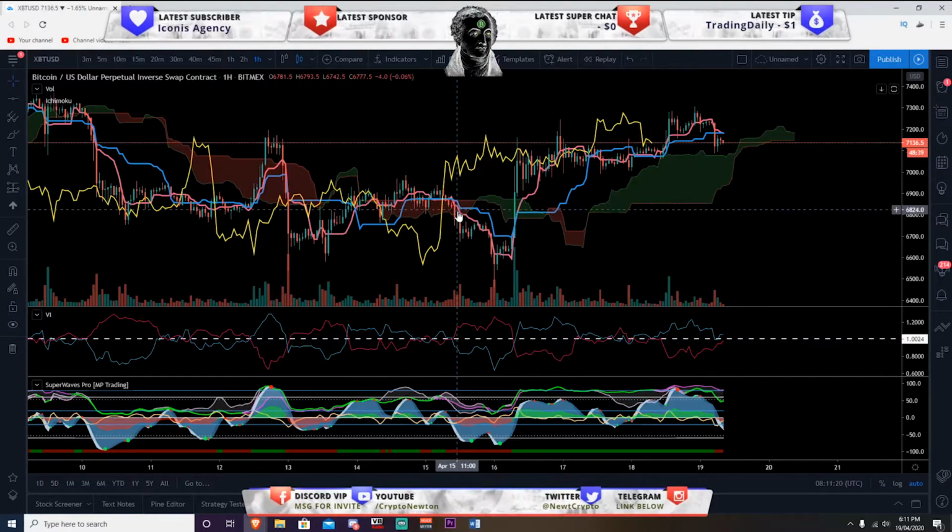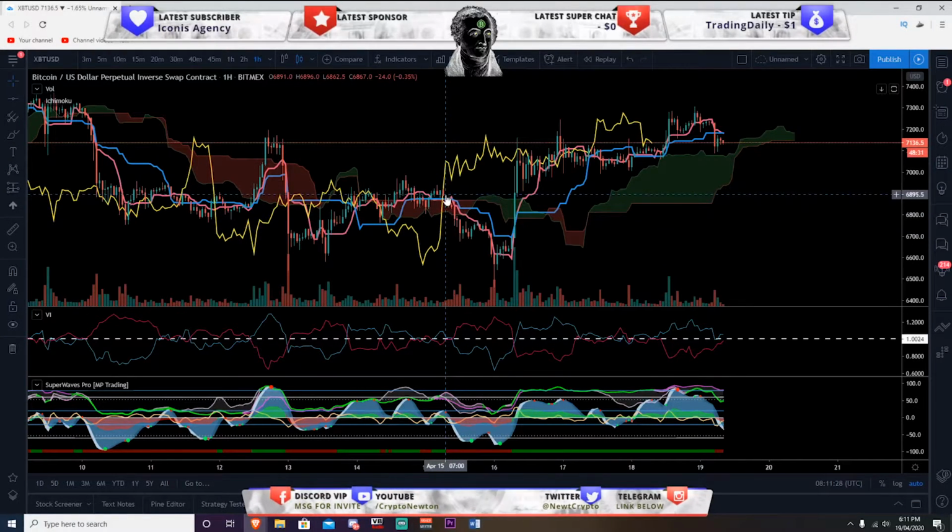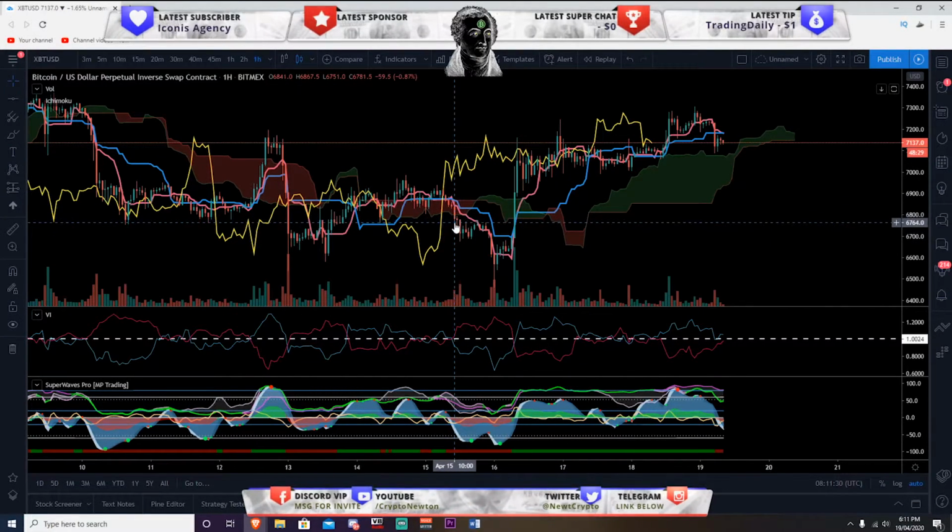So right here, what do you see? You see the price action drop below the Kumo cloud. What is the Kumo cloud? The Kumo cloud is actually red right here, and we drop through it. We go sideways for a second right here, so it gives you a little bit of a chance. So drop through,